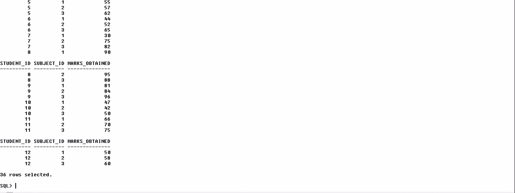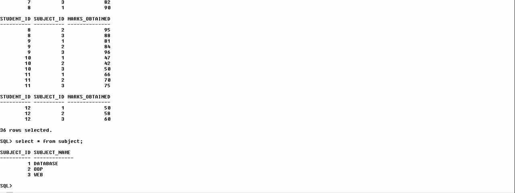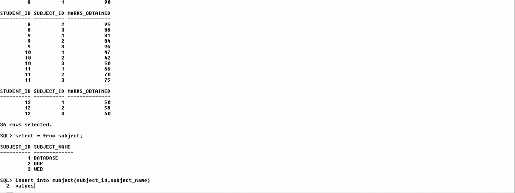Again, these are 36 rows for 12 students against 3 subjects, and if we write SELECT * FROM subject table, these are the 3 subjects. If we insert one more row, INSERT INTO subject with id and subject name,